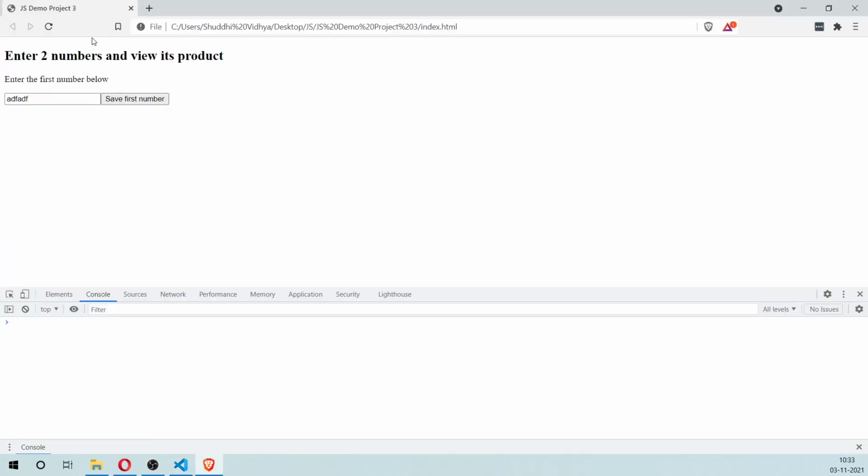Okay, so now let's see this. You can see that right now it shows the up and down arrows, which we can use to just increase the value here. Say first number, and right now you cannot enter any text value. I'm typing some letters and it won't register. So this is one check that we can do.